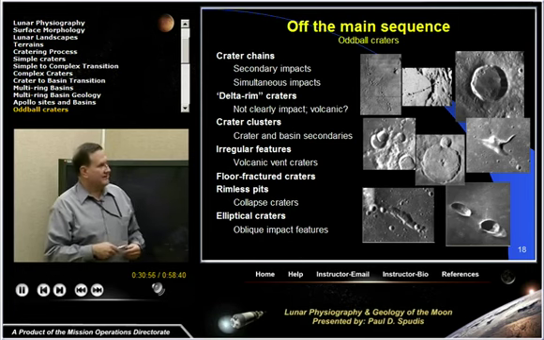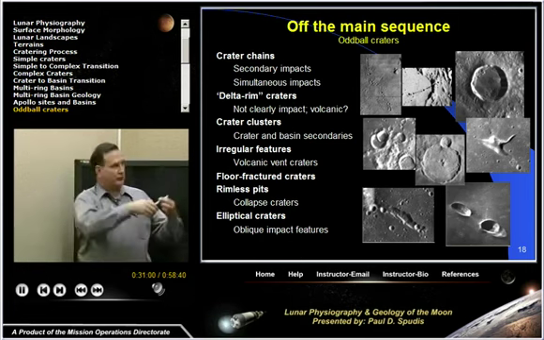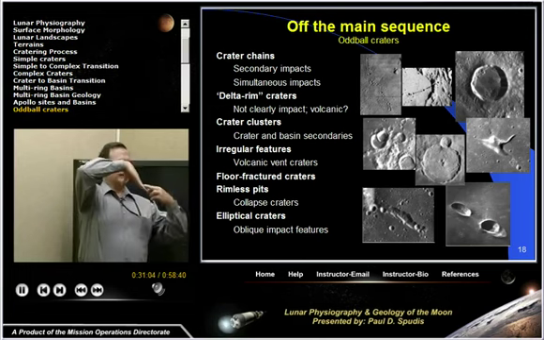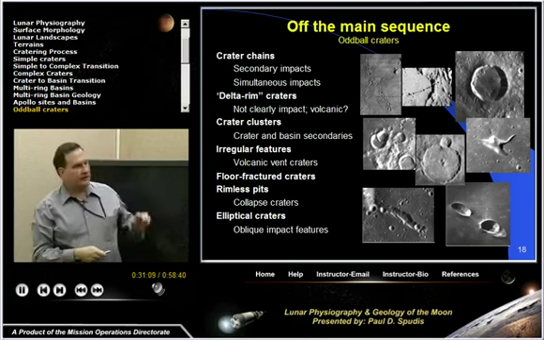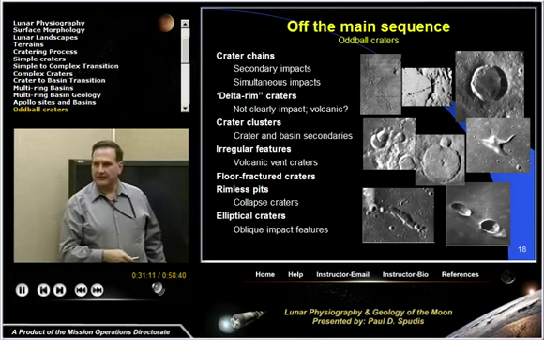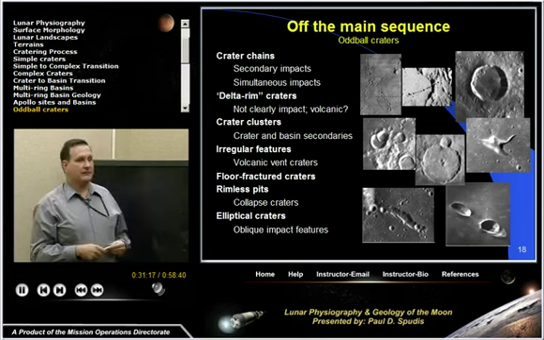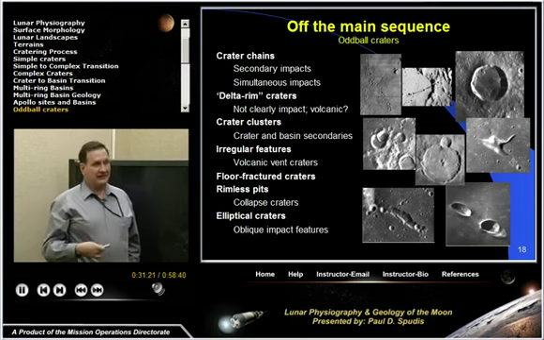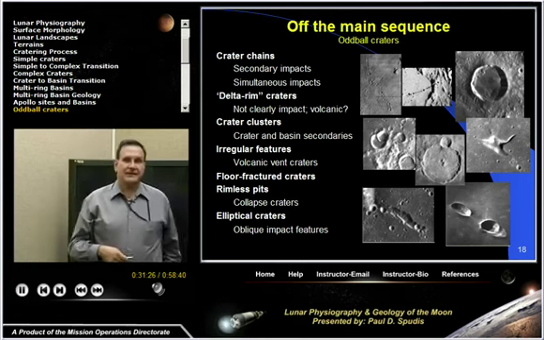There are things called delta rim craters. That's a very odd name. It refers to the fact that if you look at the profile of the rim of this crater, it looks like a delta, a pyramid. It's steep on one side and steep on the other side. But what's really interesting about this crater is there's no discernible ejecta blanket here. You don't have textured ejecta like you find around orbital impact craters, and typically these craters are filled with volcanic materials, with lava. They may be volcanic craters. They may actually be calderas that people have always postulated, but the other possibility is they may have formed under